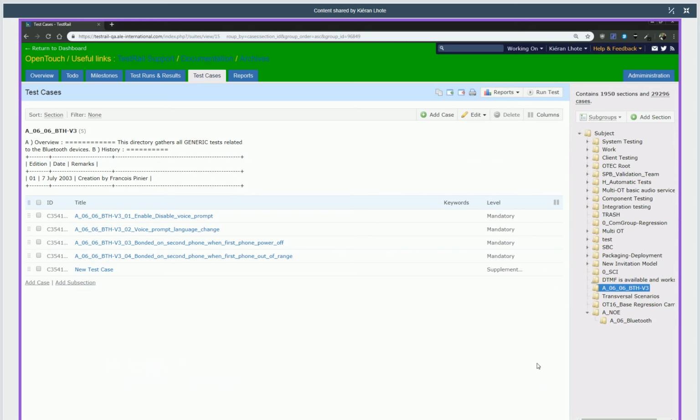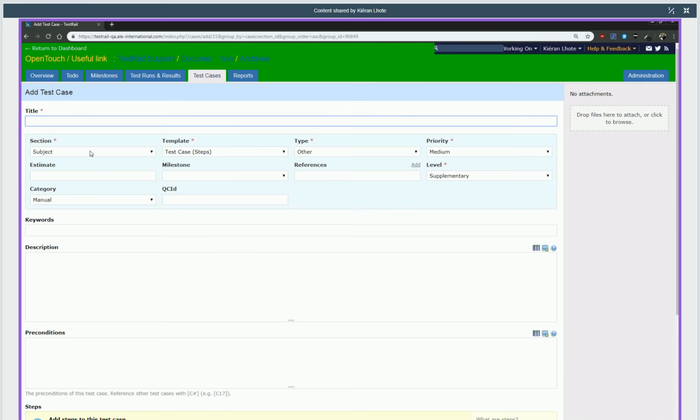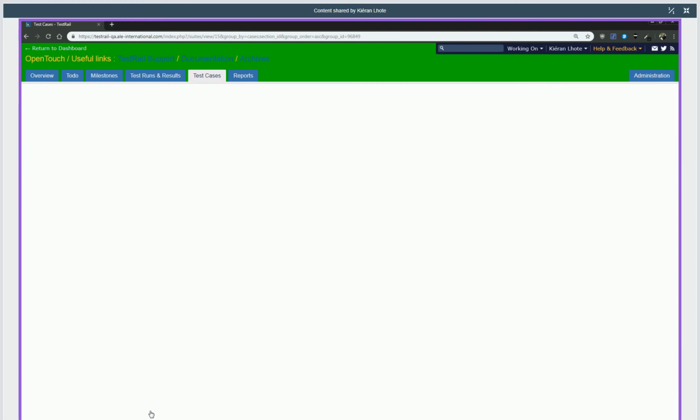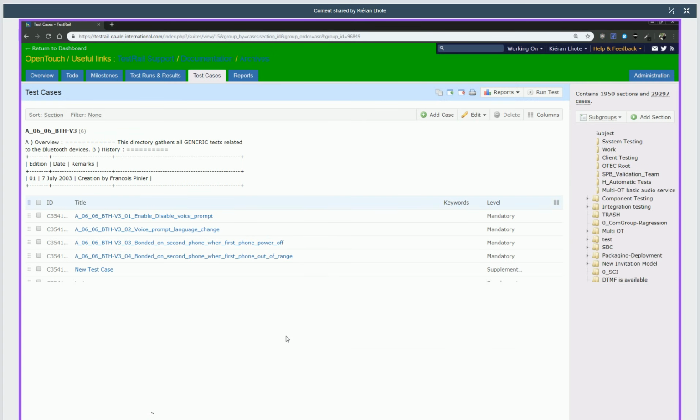So this is for importing. And if you want to add a test case with a normal use case, you can click here on the add test case, or you can also do it here, and choose the section. You can directly choose the section. Okay, now